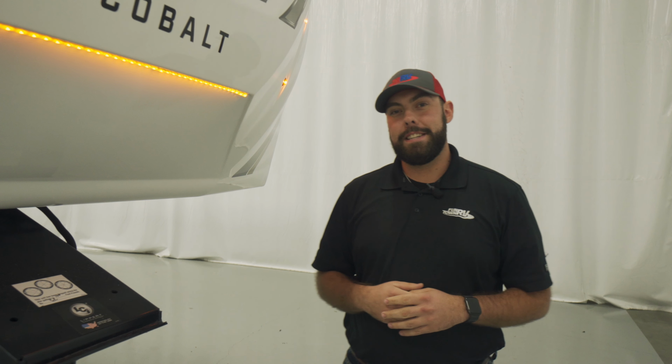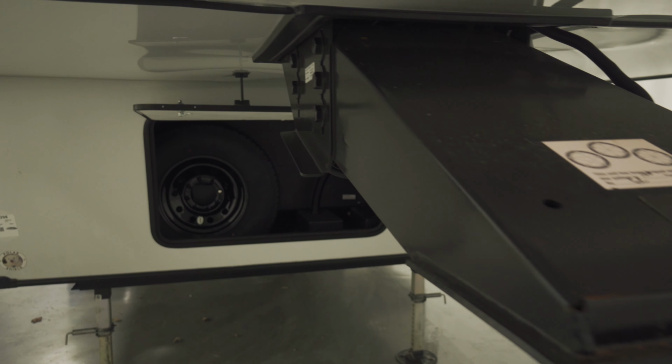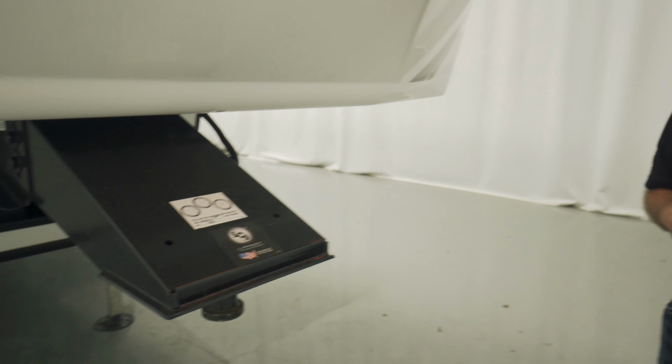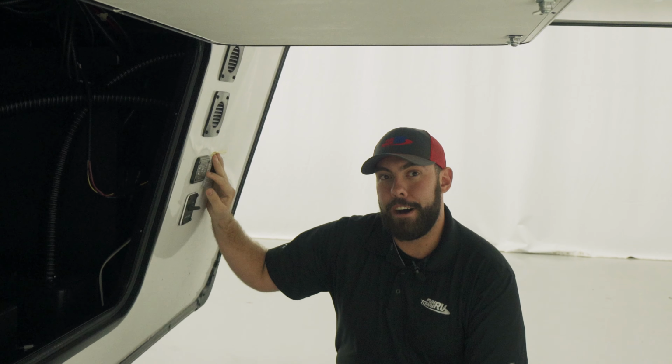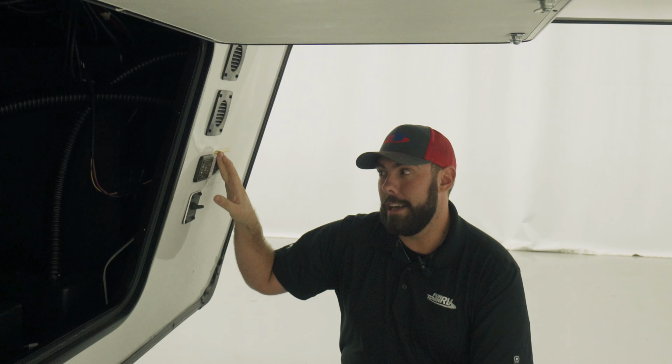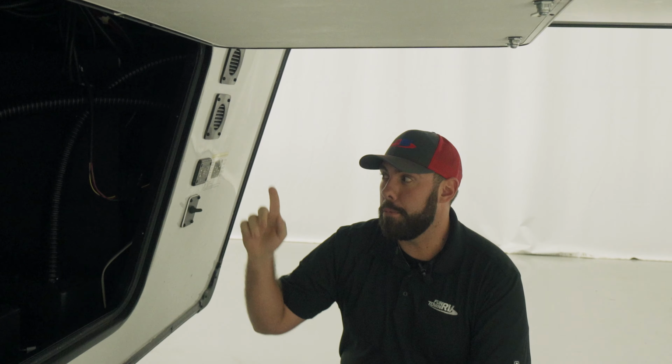Up front, this Sabre is going to offer your standard LCI pin box. That's going to make it really easy to find a hitch that's going to work for your truck. You do have some nice docking lights up here. This Sabre is going to offer your LCI electric auto level. This is going to have a really nice feature on it called hitch height. That's going to allow you to bring it back right to the same height it was at whenever you disconnected